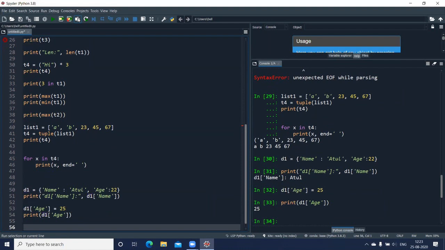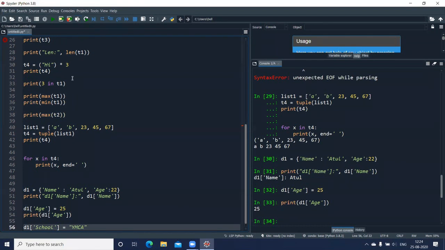Now, if I want to add new keys to this, I can directly write D1 in the square bracket. Let us write the name of his college, or school, whatever you call it. So I'll put school. It has to be in single quotes. And I'll put YMCA. Fine.